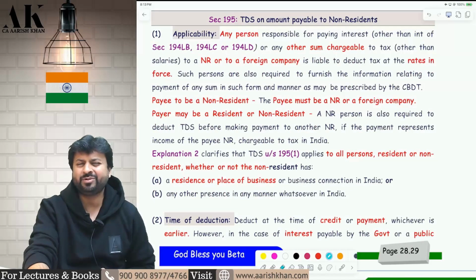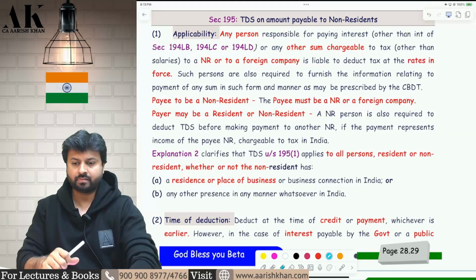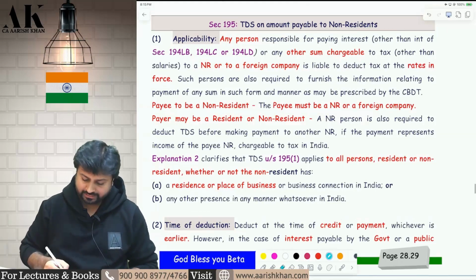This section is not very important for the exam. Don't pay much attention to this. Okay, section 9 was important. 9A is not important. Now let's move on to the next section, that is section 195,